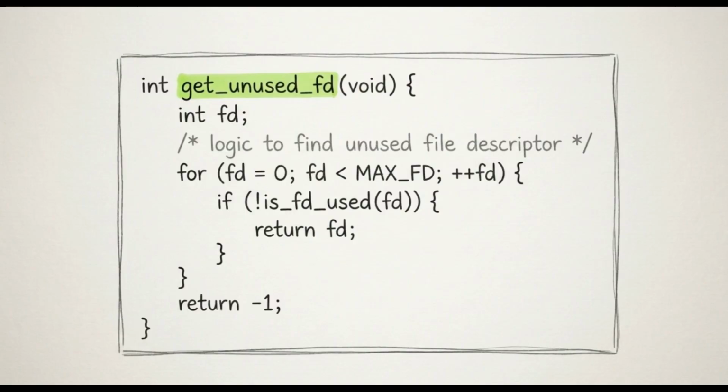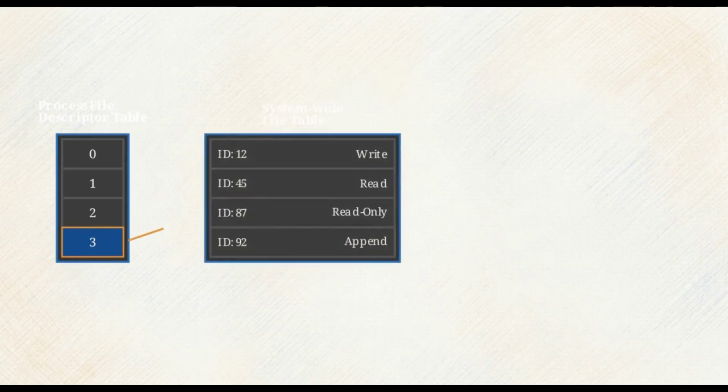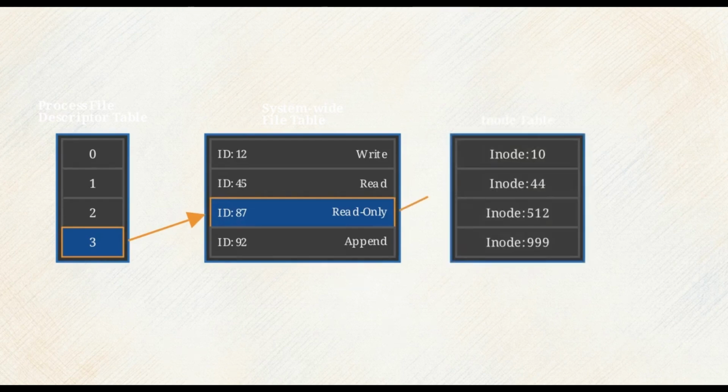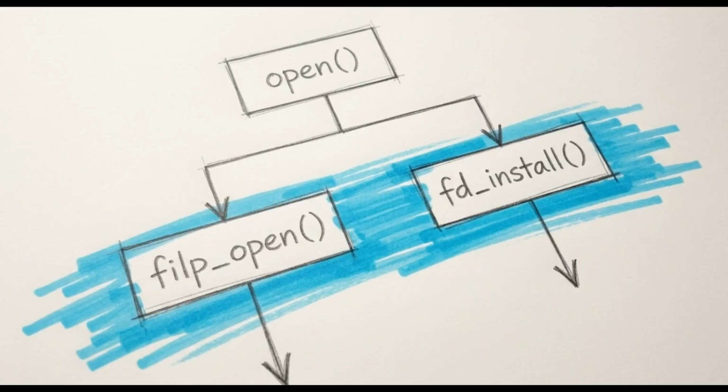When an application calls open, the kernel executes a C function called get_unused_fd. If the open call is successful, the kernel simply returns a non-negative integer back to the user application. The application receives an integer, indexing the process file descriptor table. This points to the system-wide file table, tracking access modes across the OS. Finally, the pointer routes to the Inode table, which describes the actual physical hardware device. Opening a device triggers the filp_open and fd_install kernel functions, executing this exact mapping chain in a fraction of a